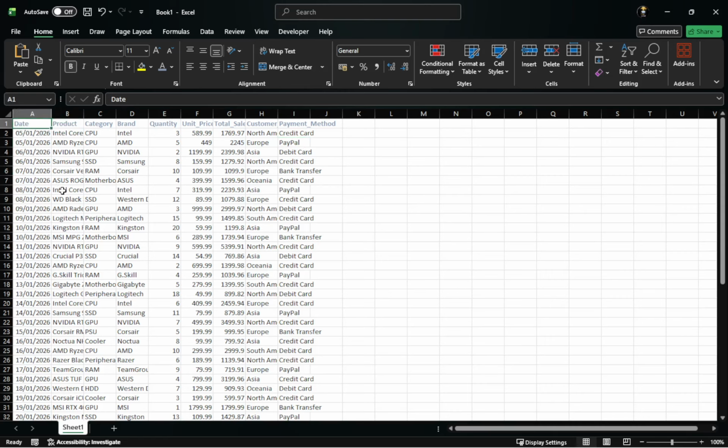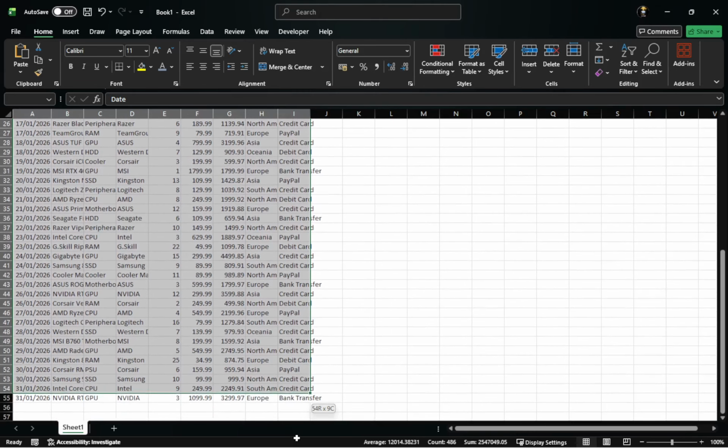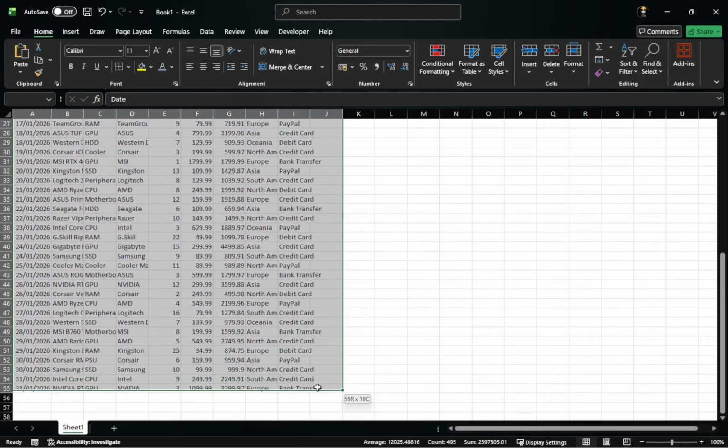If your data is in a solid block, a single click inside that block is usually enough because Excel automatically detects the surrounding data. If you prefer to be precise, drag to highlight from the top left cell of your data to the bottom right cell. When you see the selection shaded, you know Excel will use that exact area for the table.